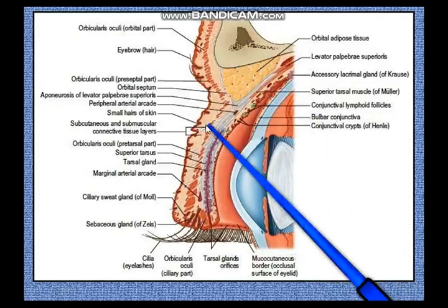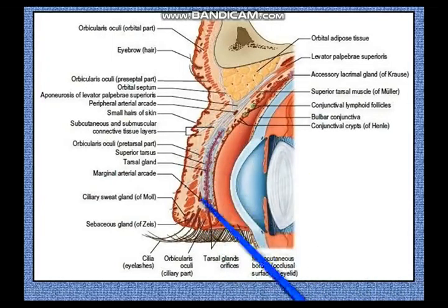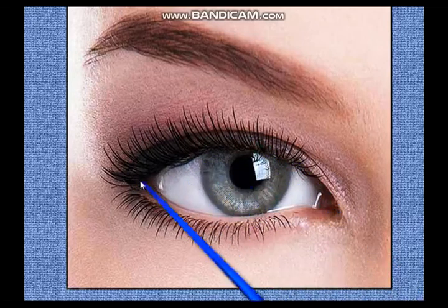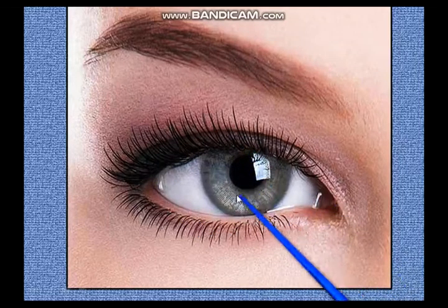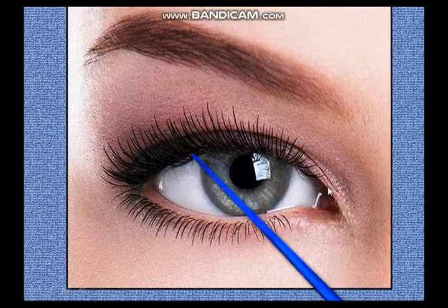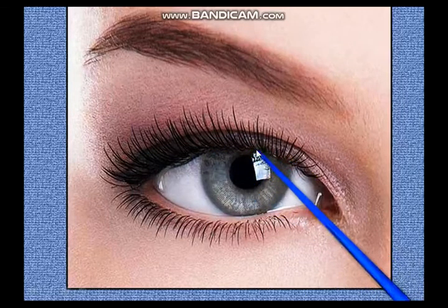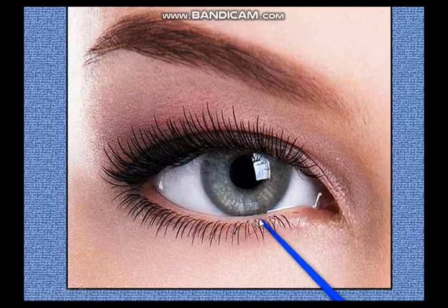Here you have a cross section of the eyelids, and in a cross section of the upper eyelid, now the cross section of the lower eyelid would be touching the palpebral aperture. The movement of the upper eyelid is more than the movement of the lower eyelid. So another thing which we could have stressed in this picture is that the upper eyelids are more mobile. So in closing the palpebral aperture and narrowing the palpebral fissure, the upper eyelid has a greater role to play. The lower eyelid moves up for a shorter distance. And in the resting position you can also make out that the upper eyelid actually covers the upper part of the cornea, falling just short of the pupillary margin. But the lower eyelid is at the level of the sclerocorneal junction, that is the level of the limbus.